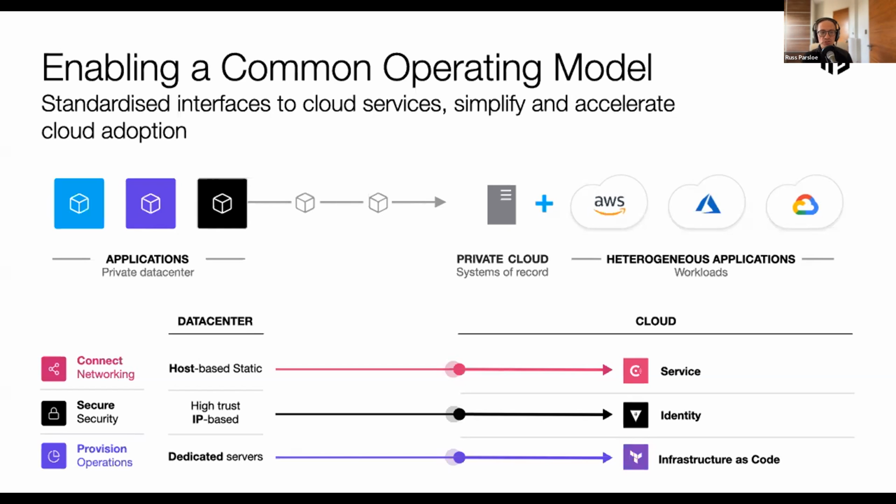And it's not just servers, for example, it's really any type of infrastructure you may be using to deploy your application. If we think more about the security layer at this point, again, everything was based on this idea of high trust. Everything inside of our data center was trusted, and everything bad was on the outside.